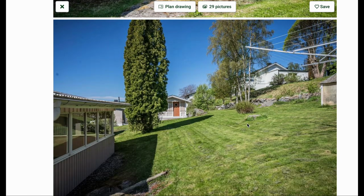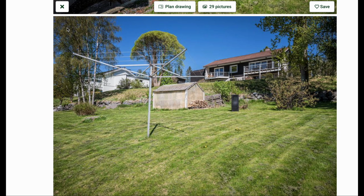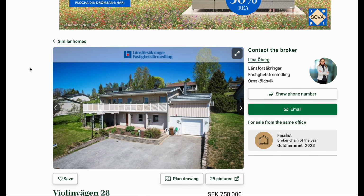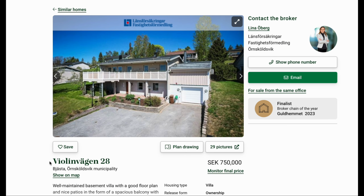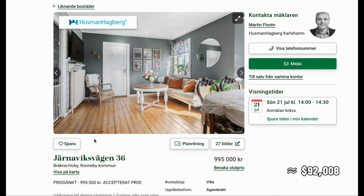I'm always whizzing through it because there's more houses to see. But let me know, is that your favorite? You can always reference maybe the street or something. Violinvägen 28, if that's your favorite. Let me know. So here is the next property with